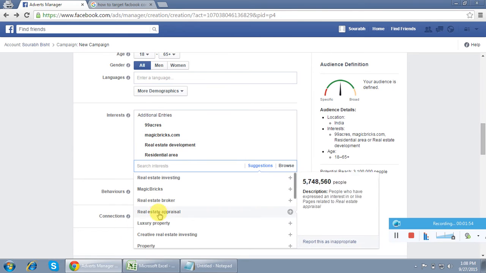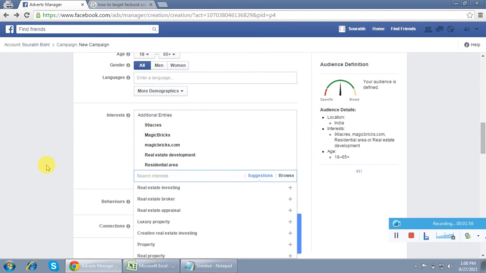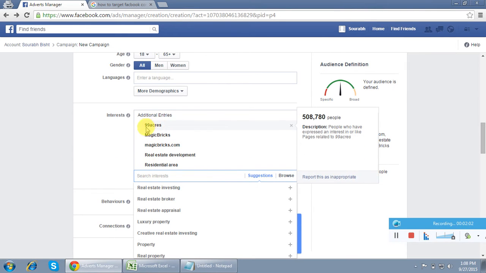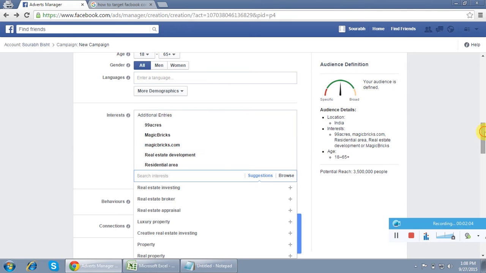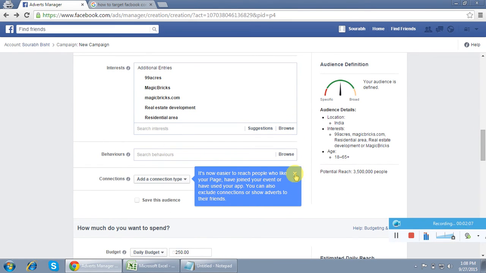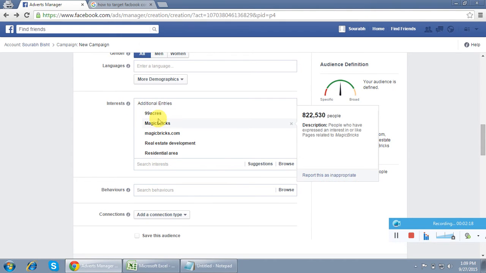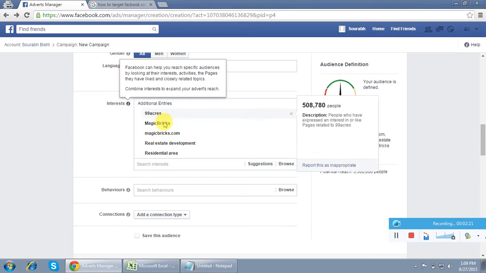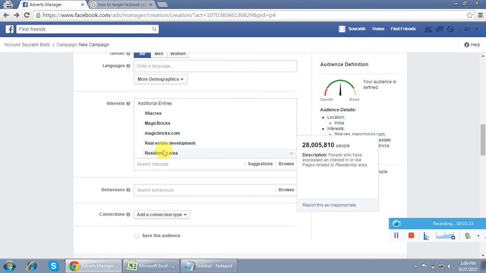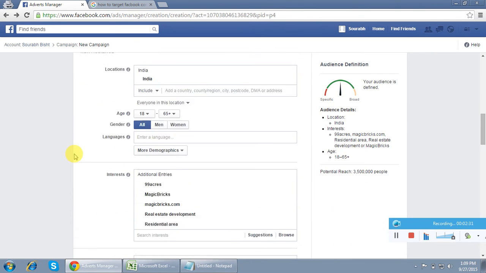These are all my competitors, as I know, and accordingly, now I'm not targeting the normal audience, I'm targeting all those audiences who are already in connection with those competitors' pages. So accordingly my ads will run on the competitors' pages, and I can get more relevant traffic on my website. So this is just an idea. Whatever business you are running, find some competitors of yours and search for them in the interest category. Automatically it will give you the option to choose, and accordingly your ads will run on the relevant targets only. So this is one way you can target your competitor audience. Just an idea I'm giving you.